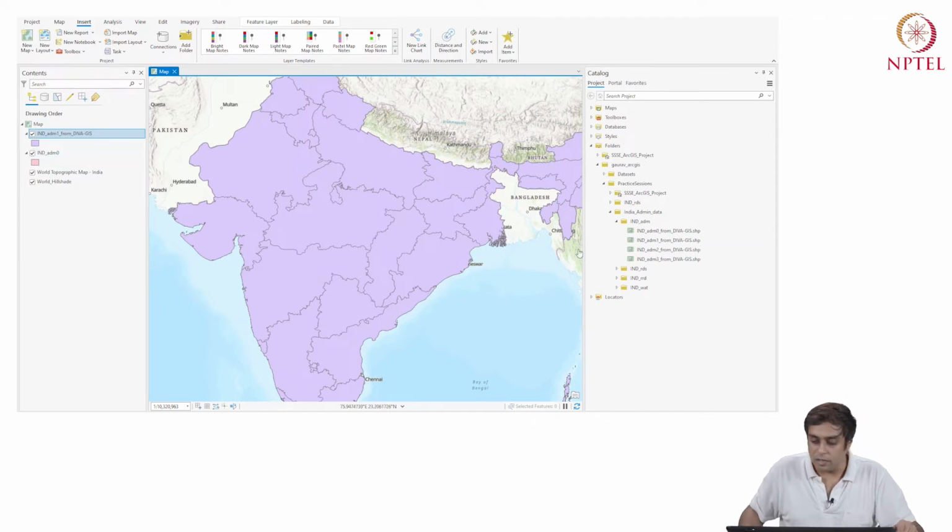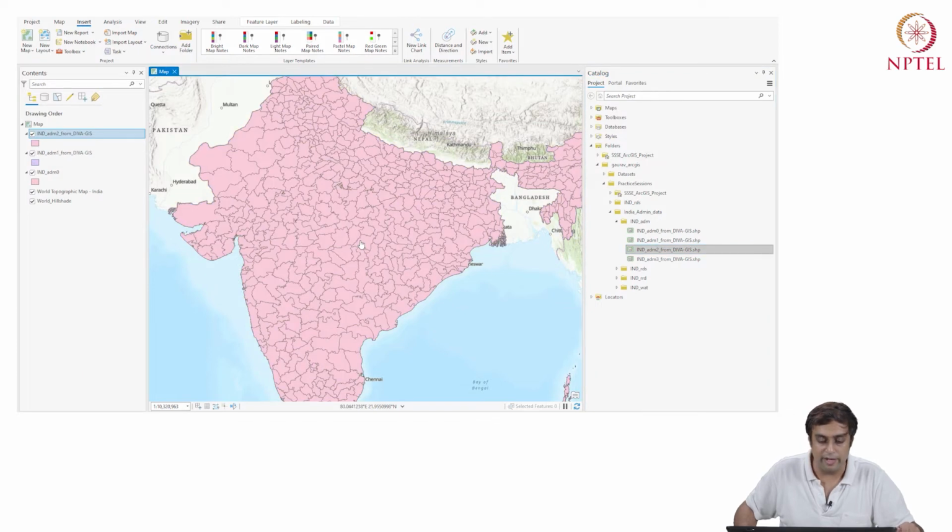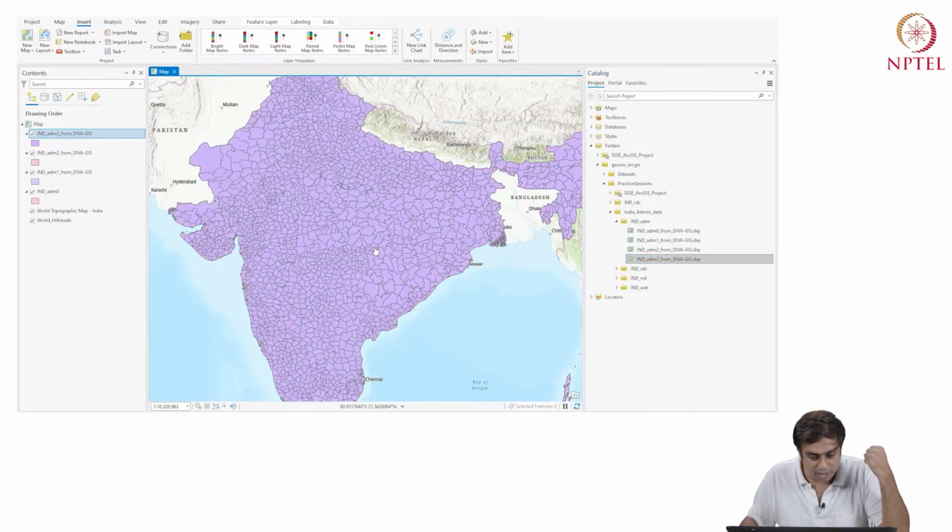Okay, so now you have India ADM 0, ADM 1, then you have India ADM 2. Now India ADM 2 has even smaller polygons. What are those, right? How do I know what these polygons are? Well, let me actually go and look at India ADM 3, what it has, and then we'll come back to this question. Let me project India ADM 3.